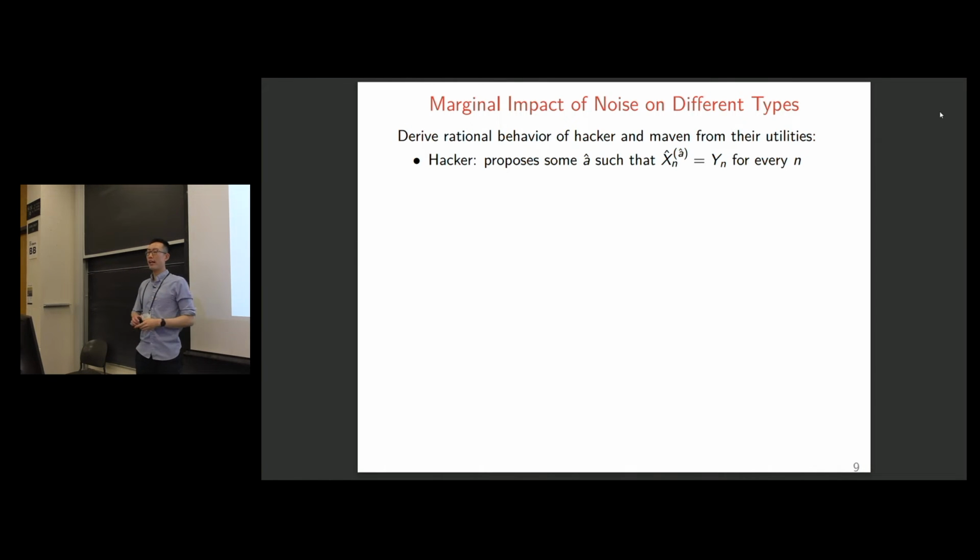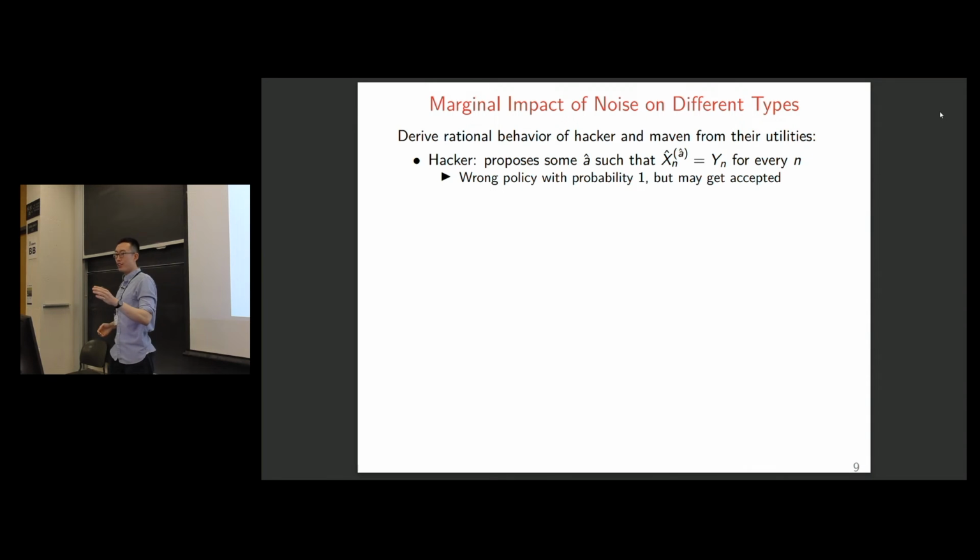It turns out what a hacker will do is search through the data set, look for some covariate which exactly matches the outcome in every observation. In other words, the hacker finds it optimal to rationally, maximally p-hack. But of course, there are infinitely many covariates in the data set, infinitely many things that even satisfy this condition, but only one is the true cause, which means with probability 1, that which the hacker proposes is a wrong